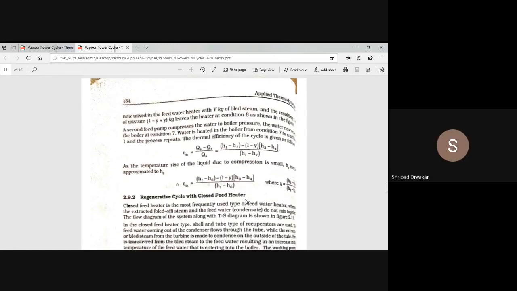Derivations are not there. So the heater derivation is also not there. You just have to write the efficiency formula. That's it. No derivation, and you have to write that expression in terms of enthalpy drop. You see what you are seeing, H1 minus H1, everything is there. You have to write it in enthalpy drops. That's it. No derivation, just write the equation.